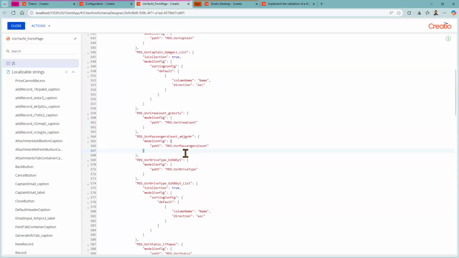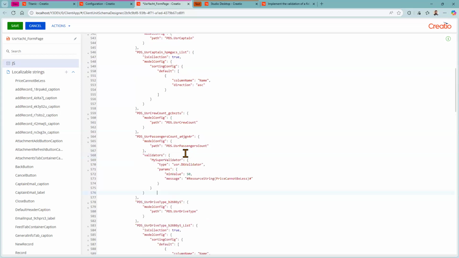Okay, so model config ready. And also we use validator. Only value is going to be maybe no less than 6 passengers should be allowed. And for the message, we'll call this